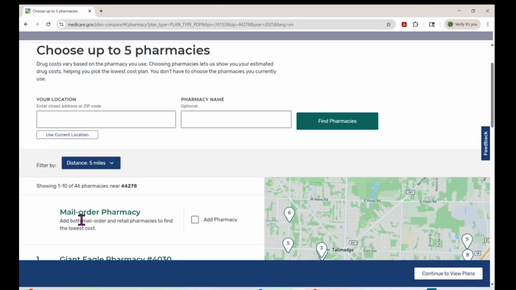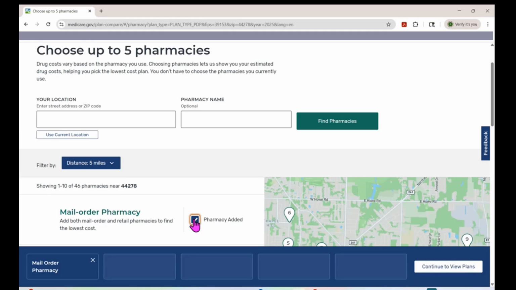Also, these plans have mail order pharmacies. Oftentimes, these offer a savings as well. Not always, but often. I always like to include the mail order pharmacy on my list. If you need to look at a different geographical area than the zip code that you reside in, you can